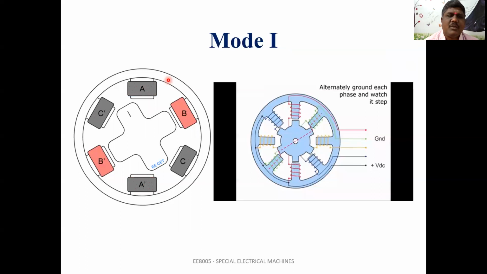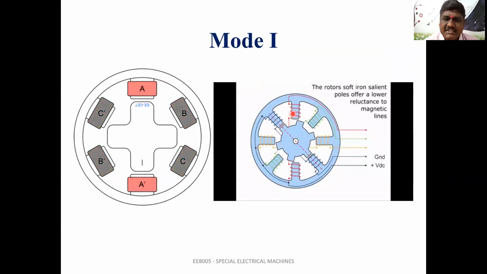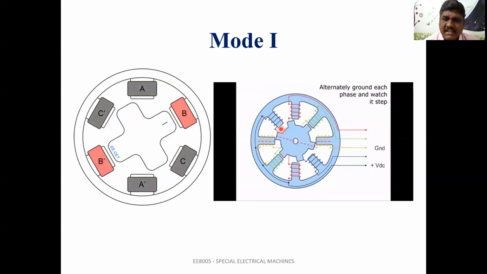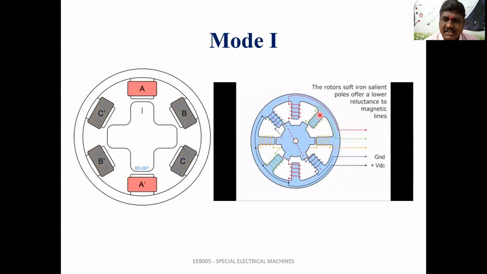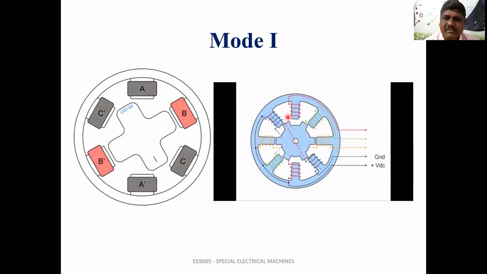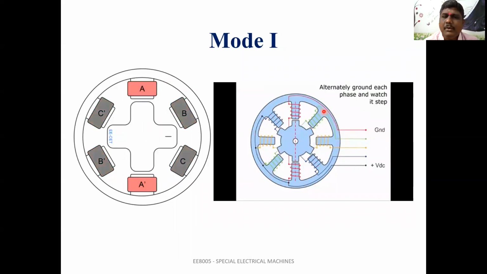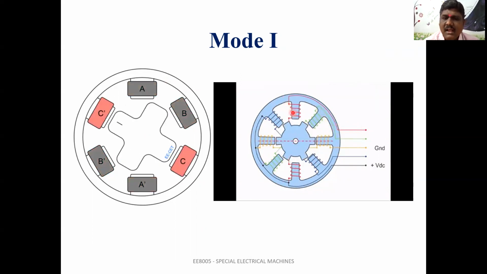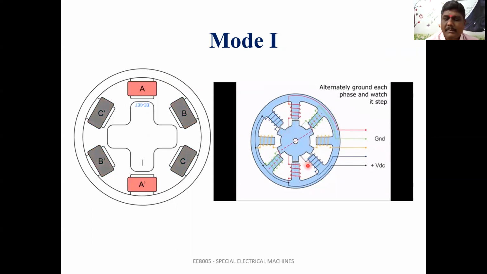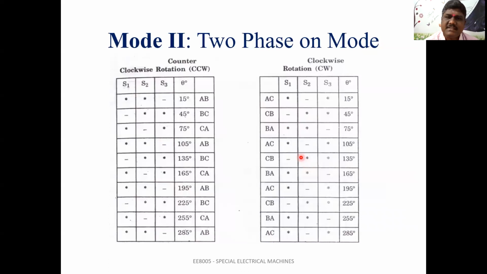And here is a small animation about what I have explained now. First I'm giving the excitation for A dash. It will be chosen. Immediately I'm changing the excitation to somewhere else. Now the rotor will try to choose and will choose the minimum. Both animations show the complete thing about the anti-clockwise direction. So simply, how we are giving the excitation and how the rotor will be choosing the particular excitation by changing one by one.